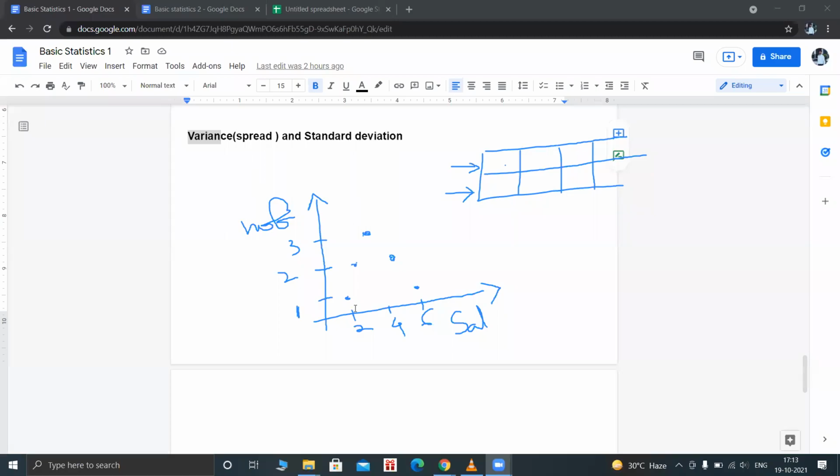Yeah, see here. At this particular point, if I draw a line connecting all these data points, so these all are my data points, right? If I connect all these data points, it looks somewhat like this. See, the data points are very symmetric. See, when you draw a line,